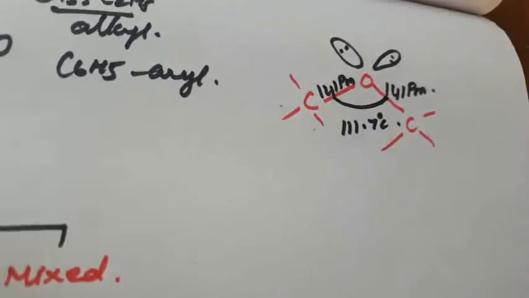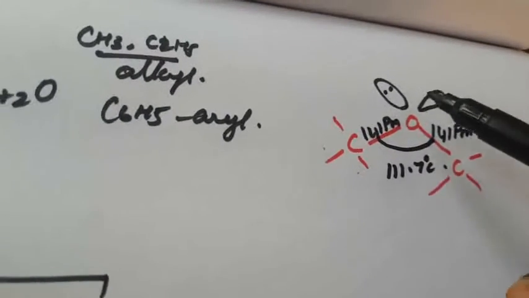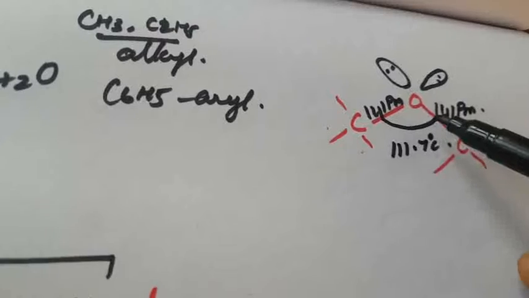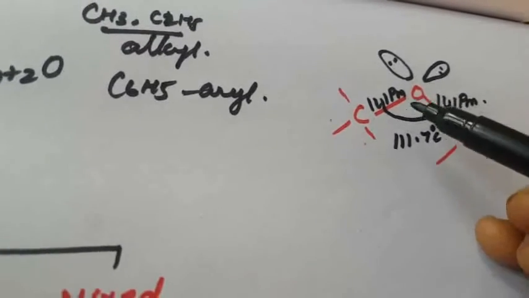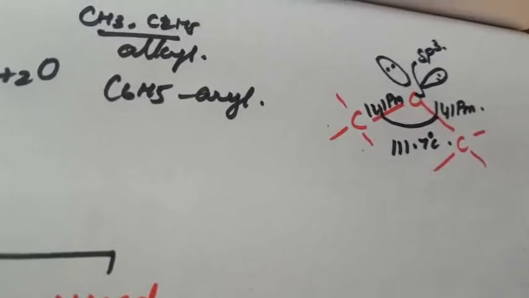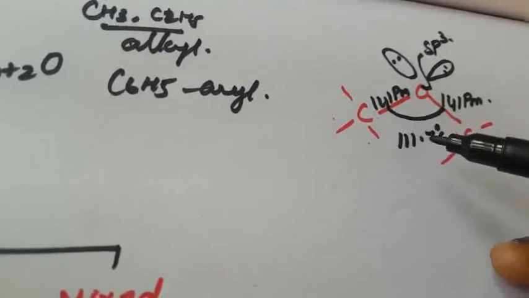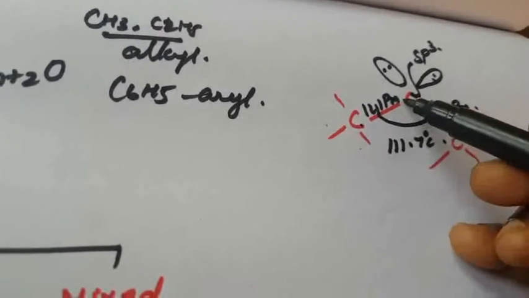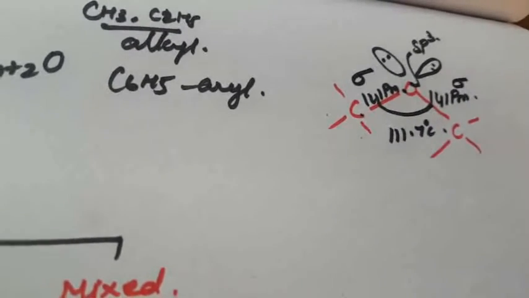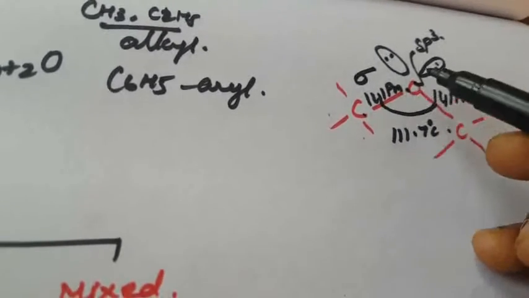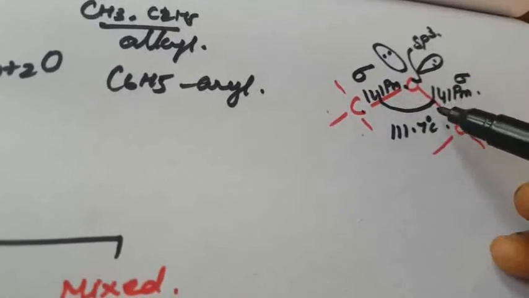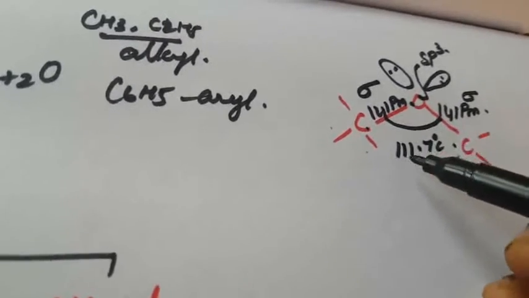The bond angle is about 110.7 degrees. In the structure of an ether, the 2 alkyl groups are similar to the structure of the OH group. The oxygen atom is sp3 hybridized, and the carbons directly attached to this oxygen are joined by carbon-oxygen sigma bonds. The carbon-oxygen-carbon bond angle is slightly greater than the tetrahedral bond angle.